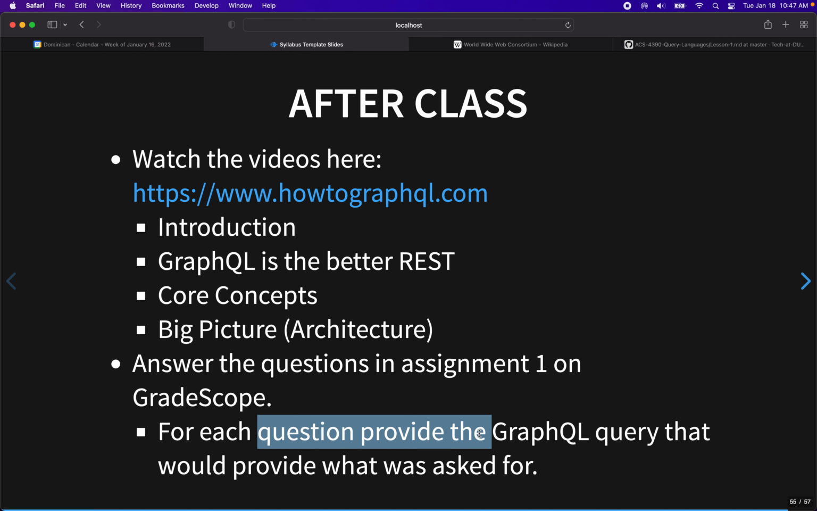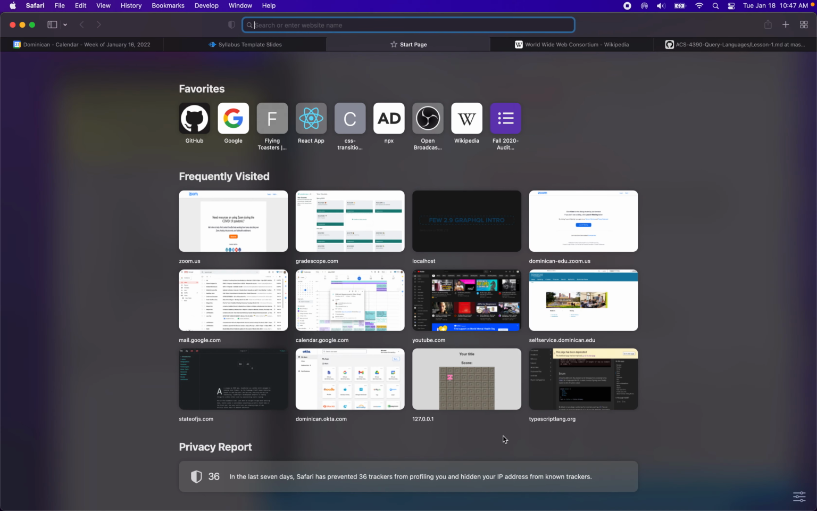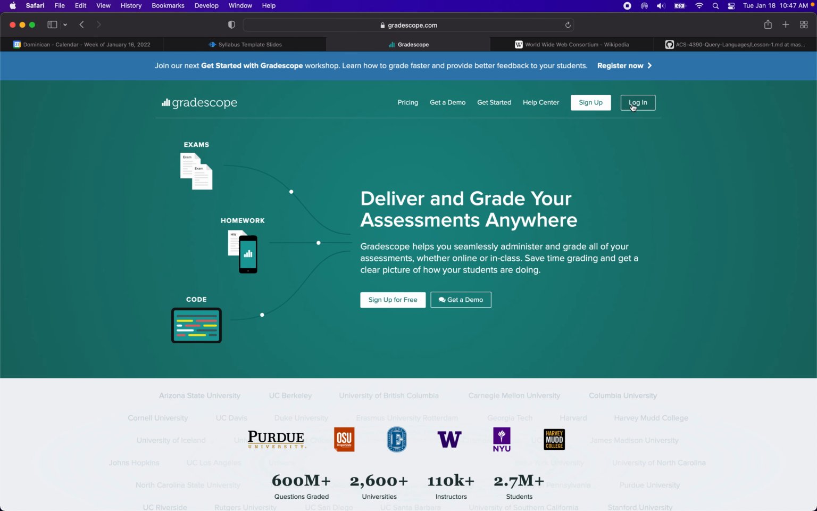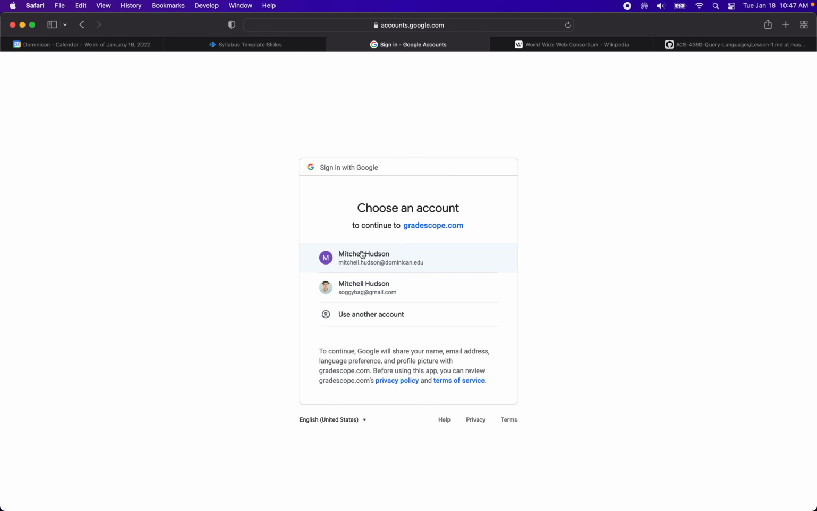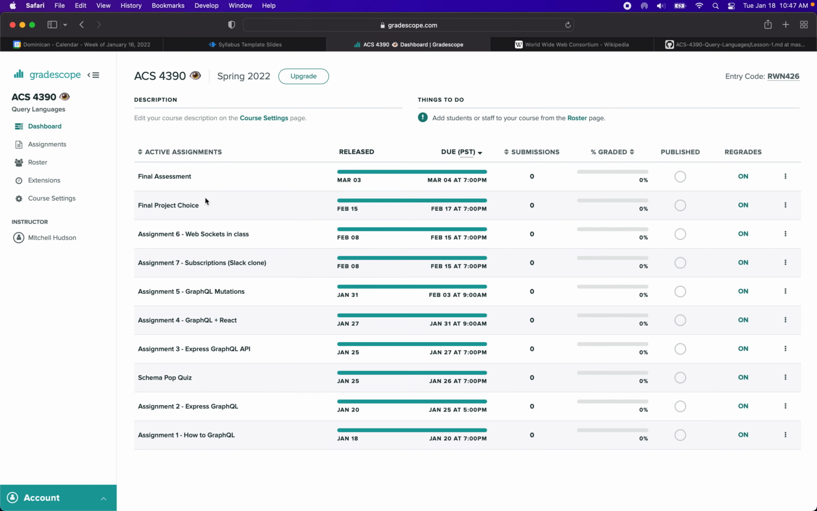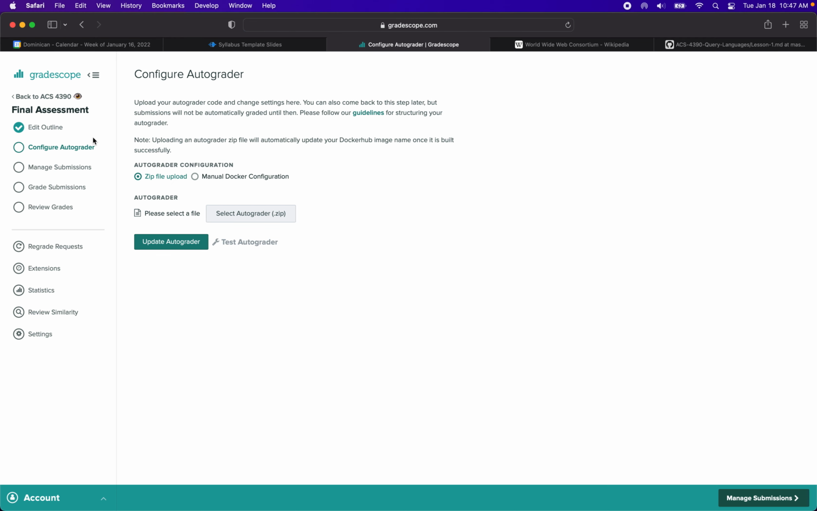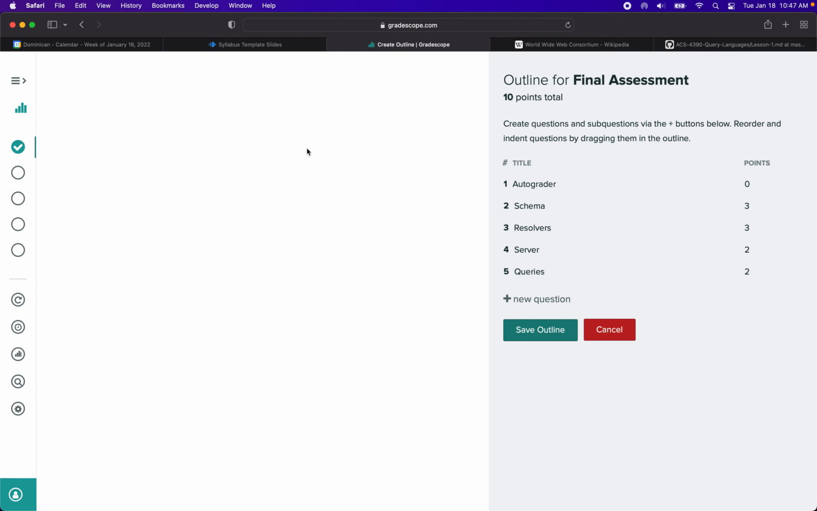So for each of these things, you're going to provide the GraphQL query that would provide what is asked for. So let me go to my Gradescope right here. I'm going to log into my account there, go to ACS 4390, I'll go to assignment number 1, and I'm editing the outline here, but